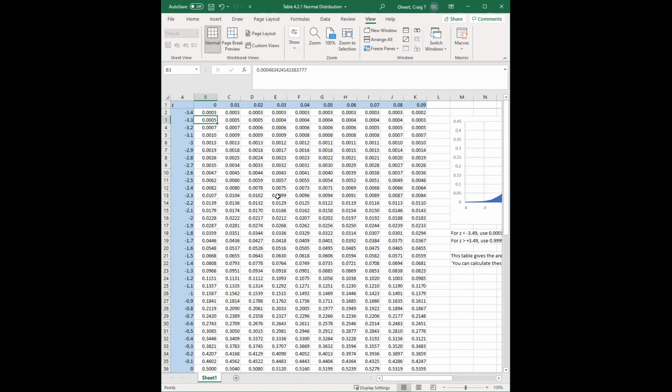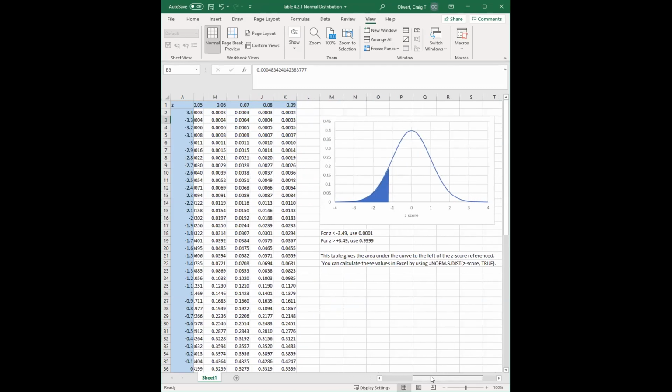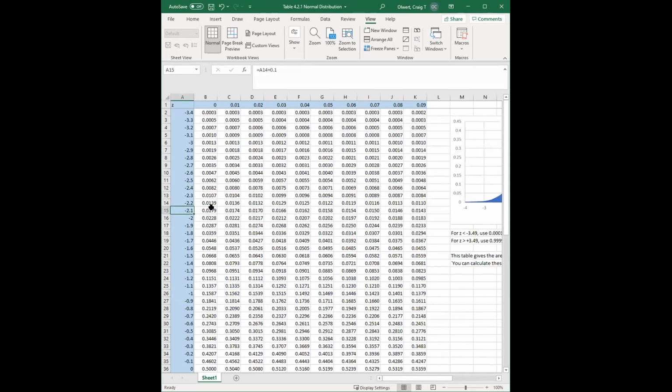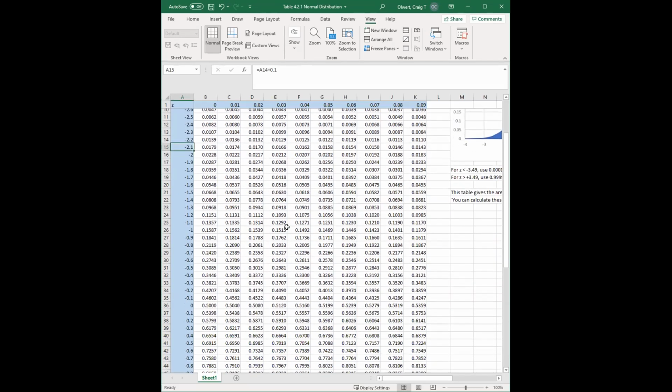The standard normal distribution table will give us the area to the left of any z-score. The graph at the right reminds us that we are given the area to the left. We want to find 2.26. So scroll down